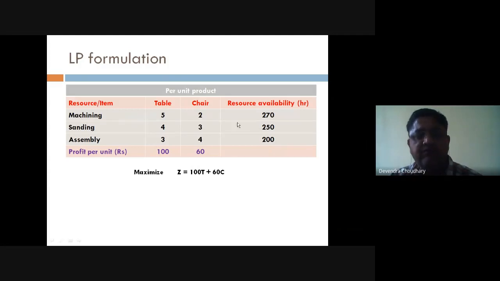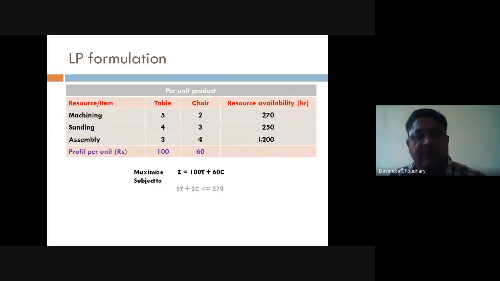But here some resource availability is fixed, and we cannot have resource availability more than this. And there are three resources: machining resources, sanding resources, and assembly resources. So these resources and their availability will set the constraints. So we define these constraints.